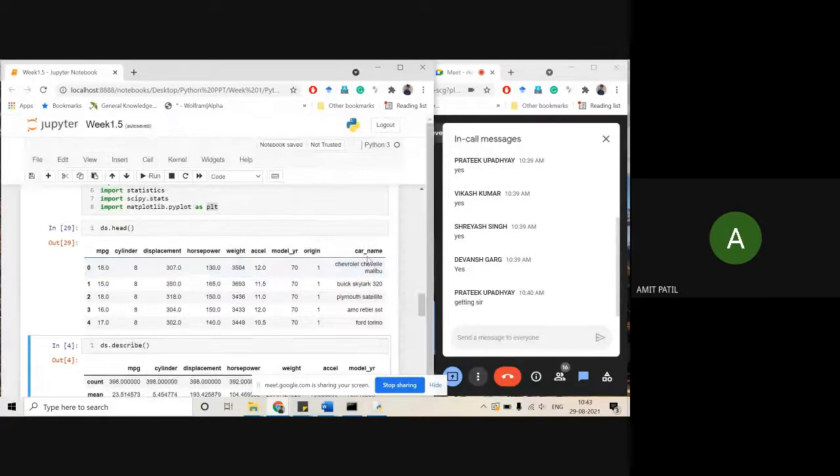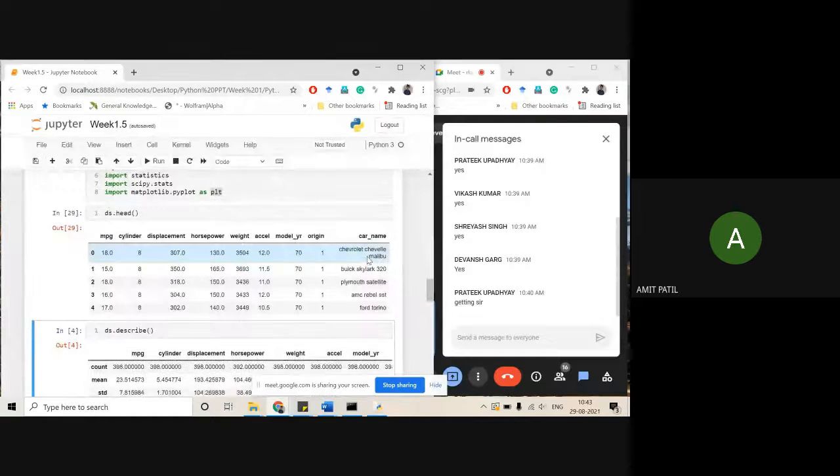Let's say there are four types of car, or 12 entries for a year. There are 12 months in a year, so that will be a categorical type of variable. The whole data can be divided into those categories, so that is your categorical variable. You can see that from this initial preview of your data. The other thing is numerical values.